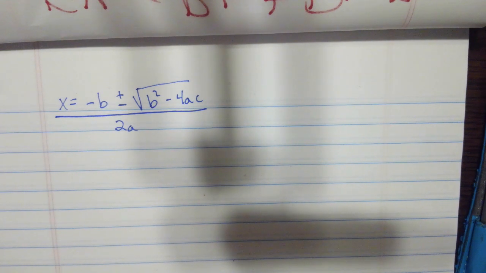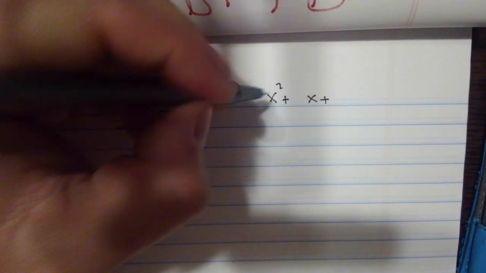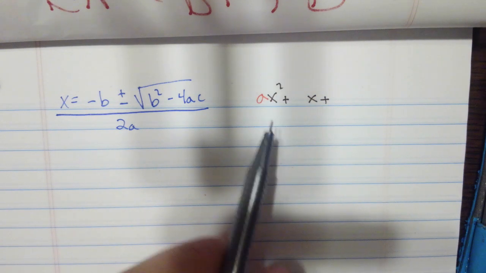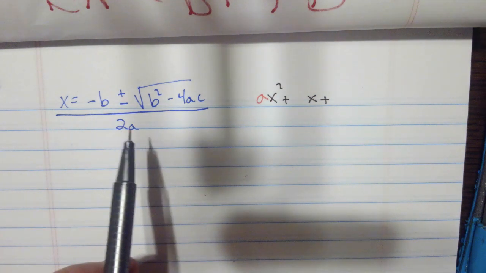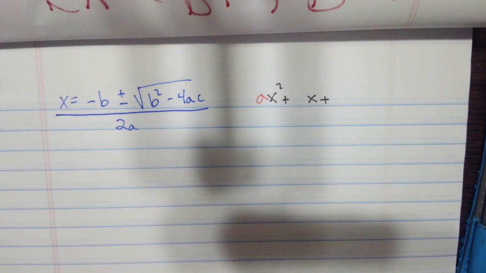All right, so I'm going to take a second and write out a quadratic equation. A few sections ago, there was a really easy part where all you had to do was label the a, the b, and the c. That was when you had a quadratic equation that looked kind of like this. You had ax squared. Now that a was the number in front of the x squared, right? So now if you look at the quadratic formula, anywhere you see an a, you're just replacing it with that number, okay? It was ax squared